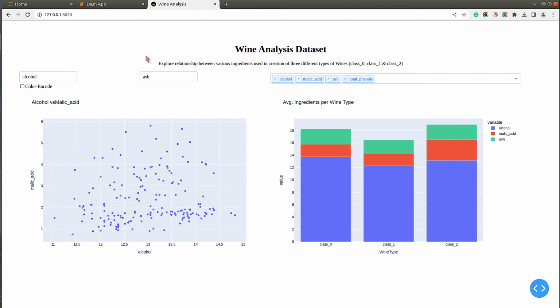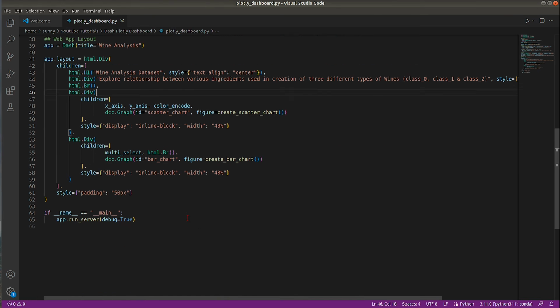We have to define callbacks. The callbacks are functions which will link this widget to this chart. So whenever any change to this widget state is made, like a drop down value is changed, the chart will be updated based on that. So let's go ahead and do that. Okay, so I will define callbacks